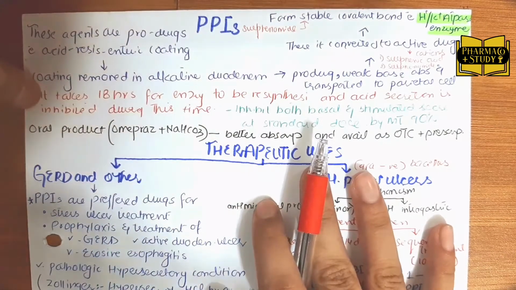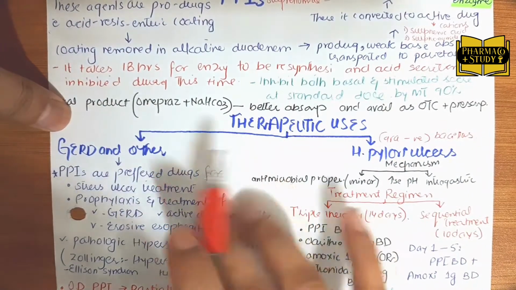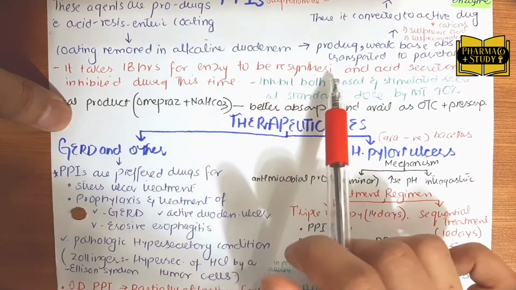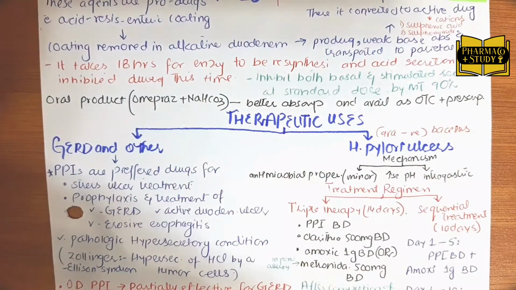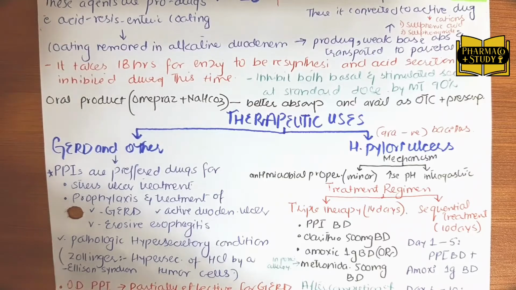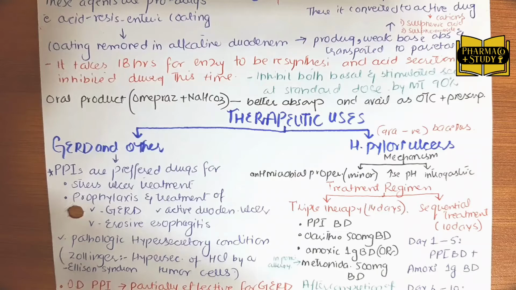So the mechanism must be clear. I hope it is clear to you now. Now moving on, it takes 18 hours for the enzyme to be resynthesized, and the acid secretion during this time is inhibited. When it is bonded covalently with the proton pump inhibitor, the enzyme needs to be resynthesized. It does not get separated, it requires resynthesis. So the body resynthesizes it, and the duration in which it gets resynthesized is 18 hours. This is usually the time duration, and that's why they are very effective for long-term suppression